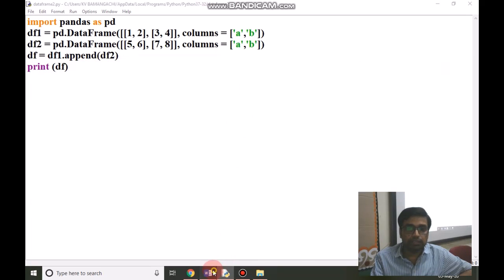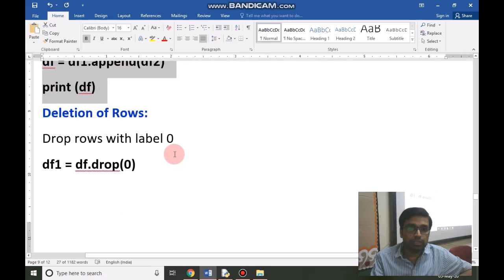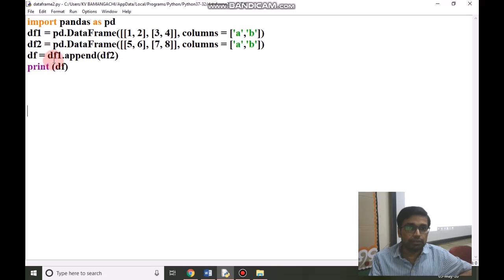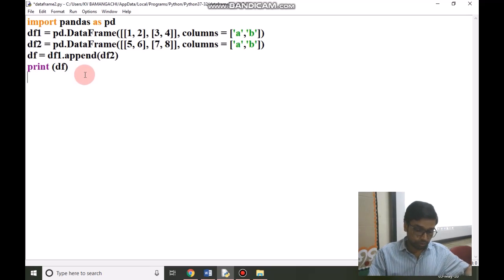We have appended data, and now how to delete rows from a data frame. To delete any row, we have to use the drop function, df.drop, with the help of a label. We will use the same code.